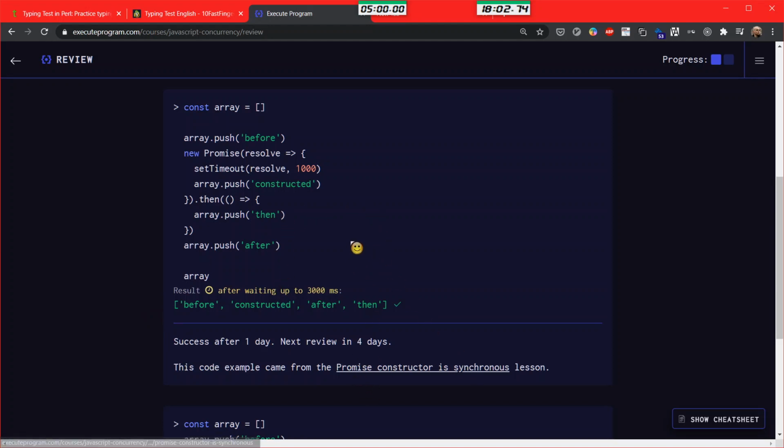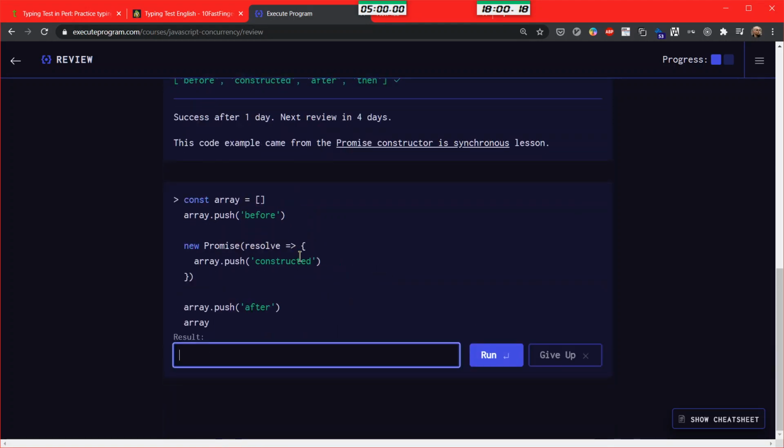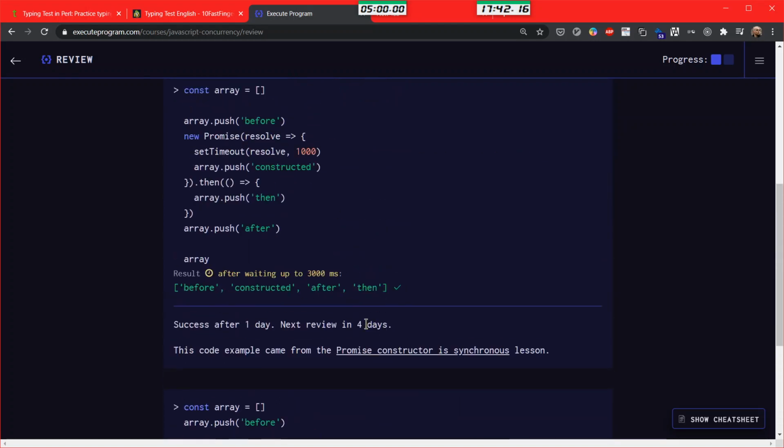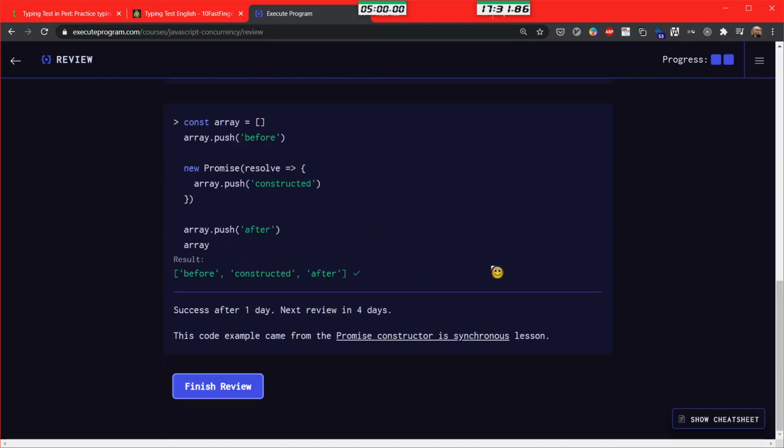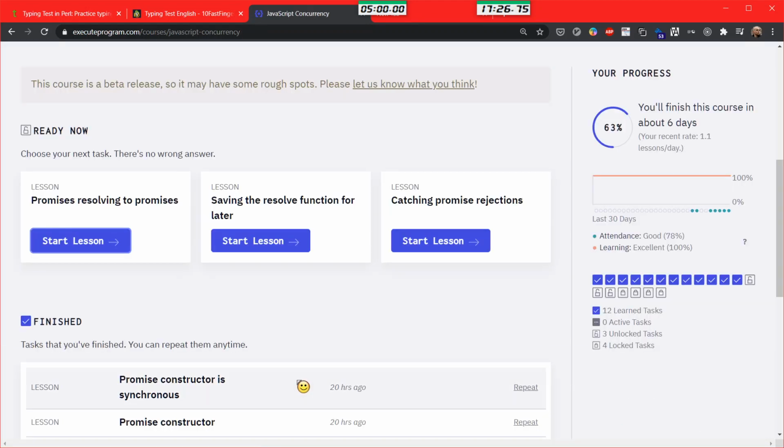Promise constructor is synchronous. Yeah. Okay. So this will be a 4. I learned something. That's good. Everything inside of the constructor will be executed synchronously. Okay. And big success.